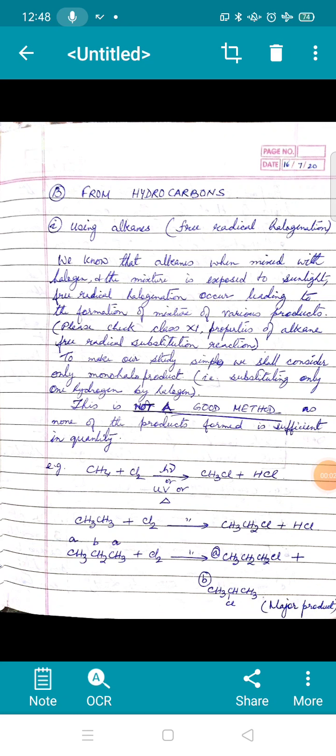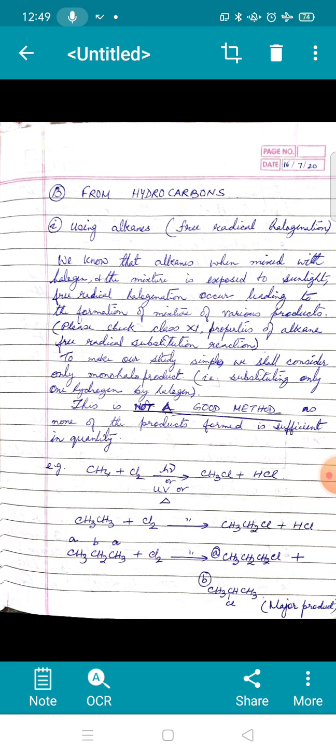Hello students, today we are going to discuss how haloalkanes can be prepared from hydrocarbons. By hydrocarbons we mean here alkanes and alkenes. So we'll begin with alkanes. Now it's a very important method. There are a lot of things to be understood, so I want you to be attentive right from the beginning